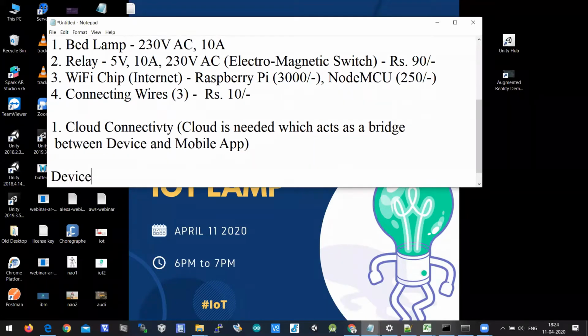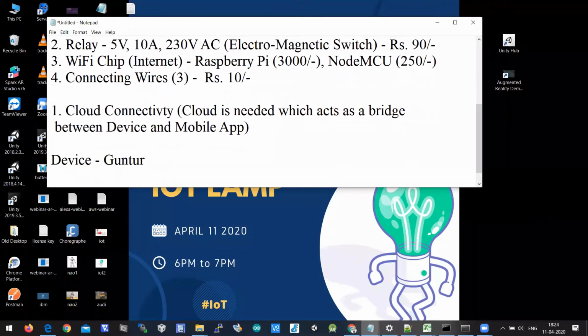Say your device is in Guntur and you are in Vijayawada, which is about 50 kilometers away. If you want to control the device from far away, there should be a bridge between the device and the user.